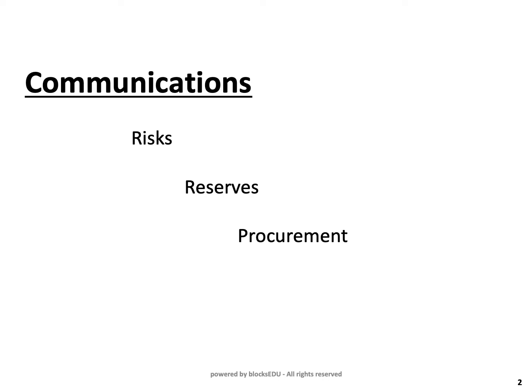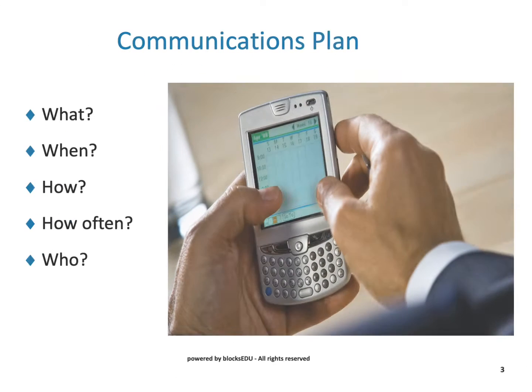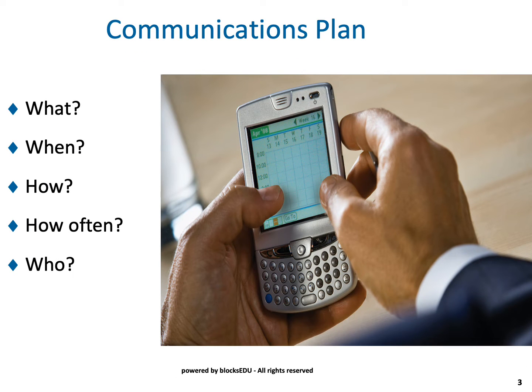It's often said that the three most important things in project management are communications, communications, and communications. There's a wise saying to do with communications, and that is fundamentally to think that someone's actually heard what you've communicated. So when you make a communication plan, you need to determine the what. What are you going to say? When are you going to say it? How are you going to say it? How often are you going to say it? And to whom are you going to say it?